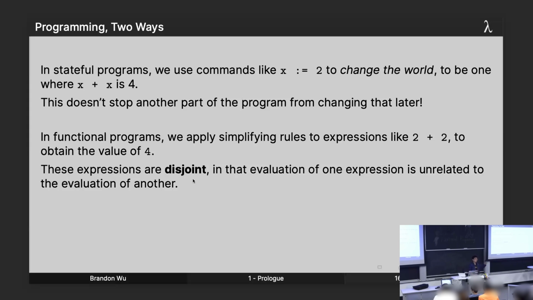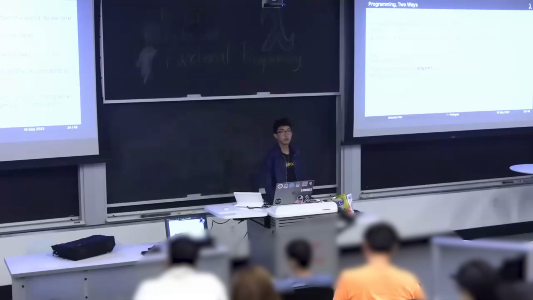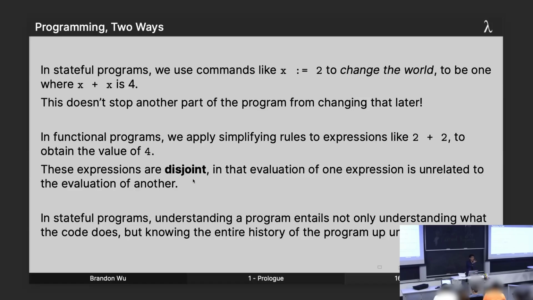Okay. 2 and 2 are disjoint. 2 and 2 are completely unrelated. 2 is 2 is 2. 2 is just 2. Whatever. What's that quote from Everything Everywhere? Just be a rock. I don't know. 2 is 2. Sure. In stateful programs, I said this earlier, but to understand what a stateful program does, you